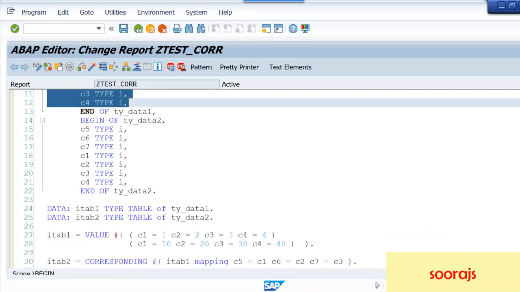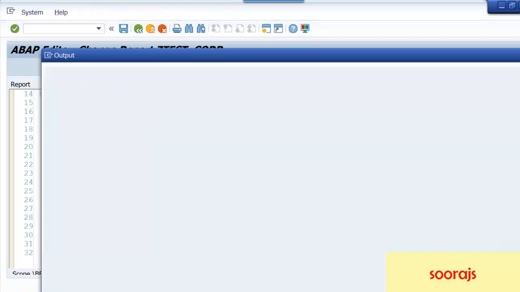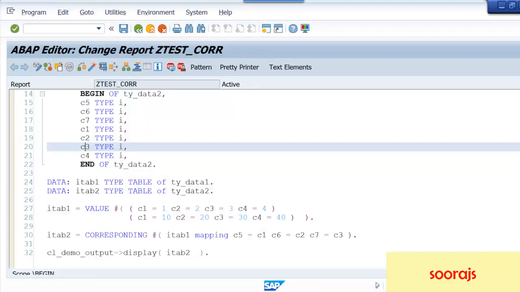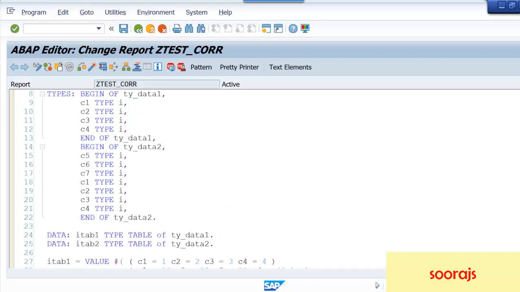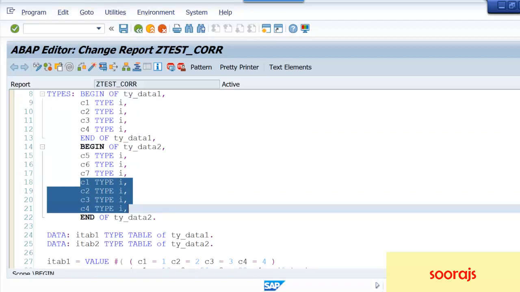But if I don't want C3 in that list, now everything is getting displayed, right? I don't want C3 to be displayed, I don't want C3 to be mapped basically. For that, I'll say EXCEPT C3. So I'm saying that you map everything, if you have the same field names you map it, but don't map C3.